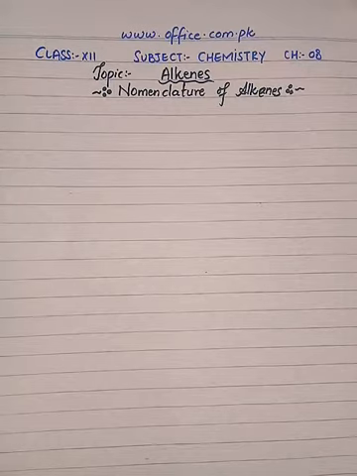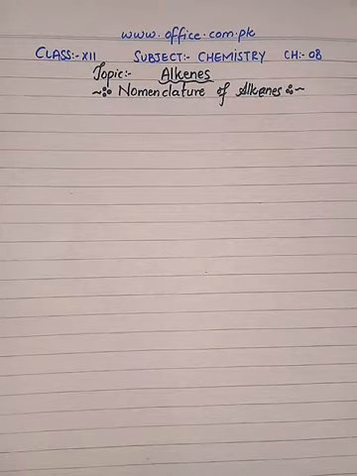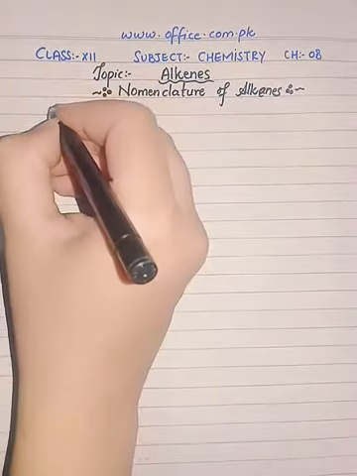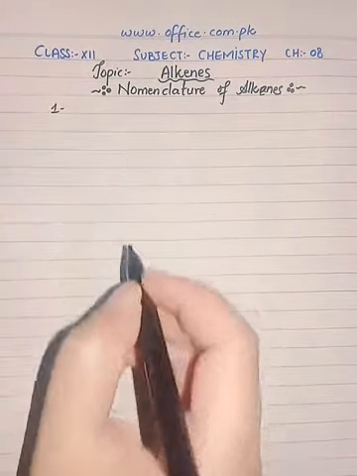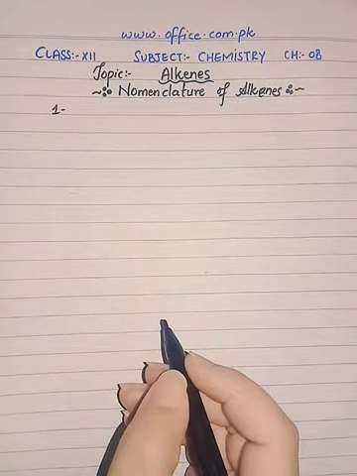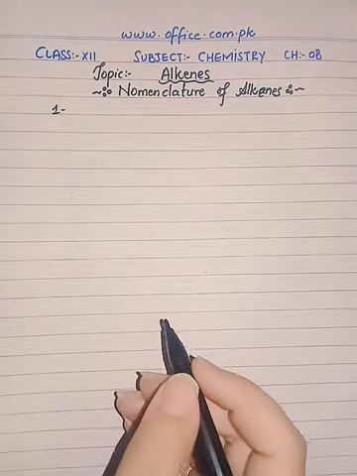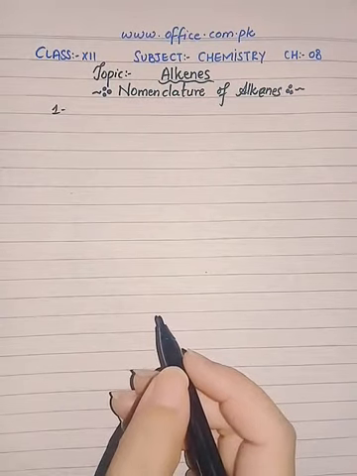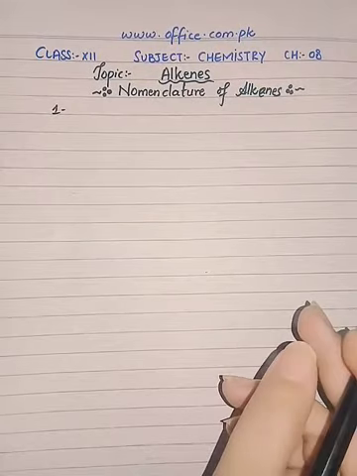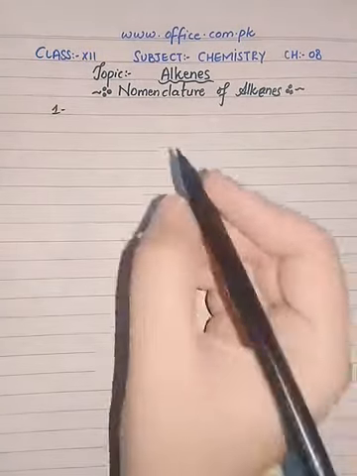So the IUPAC has given certain rules for naming alkenes that are similar in many respects to those for naming the alkanes. The first rule is that you will select the longest continuous chain, just like in the case of alkanes, that will contain the carbon to carbon double bond as the parent chain, and change the ending name of the alkane with ENE. For example,